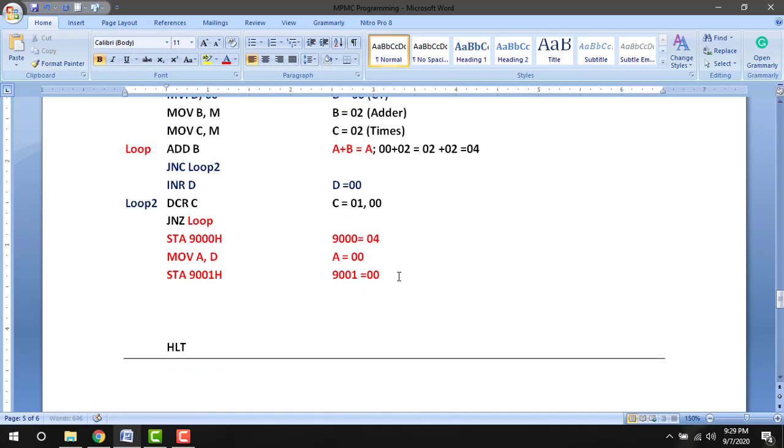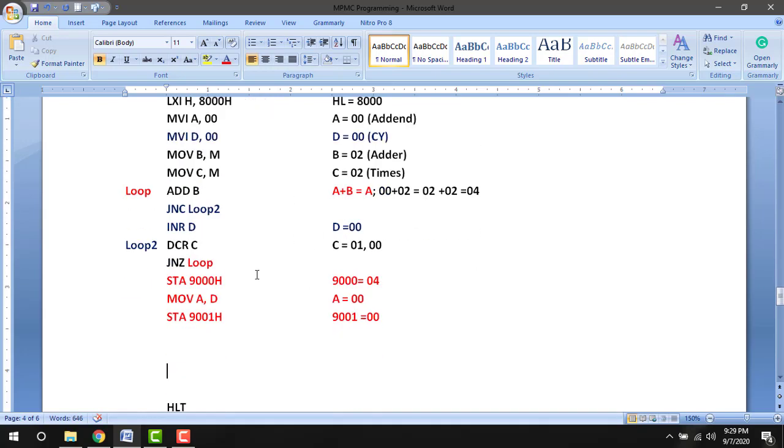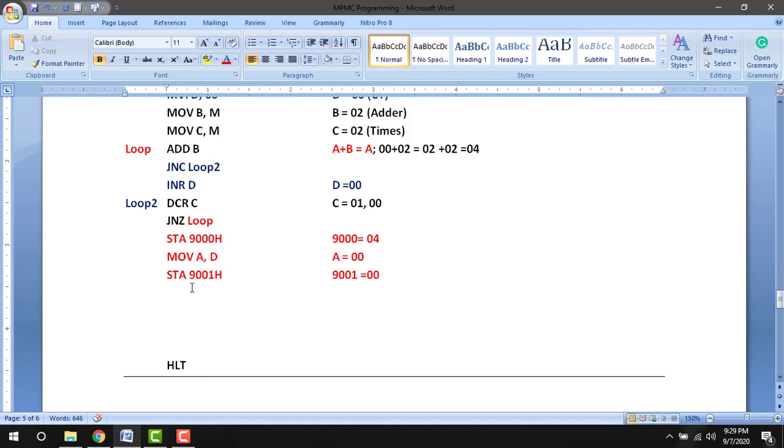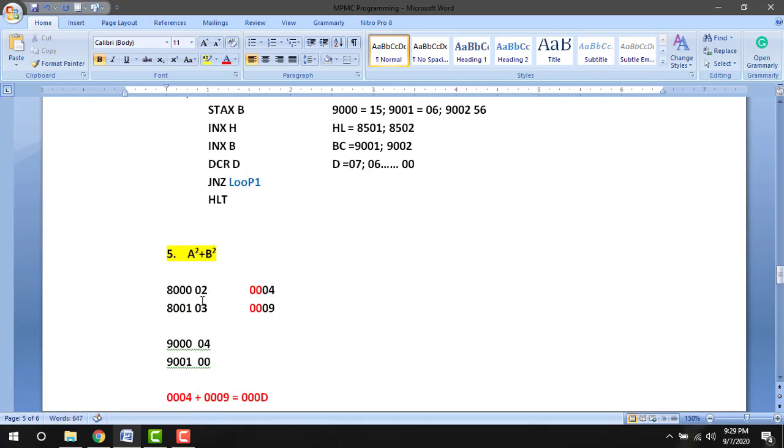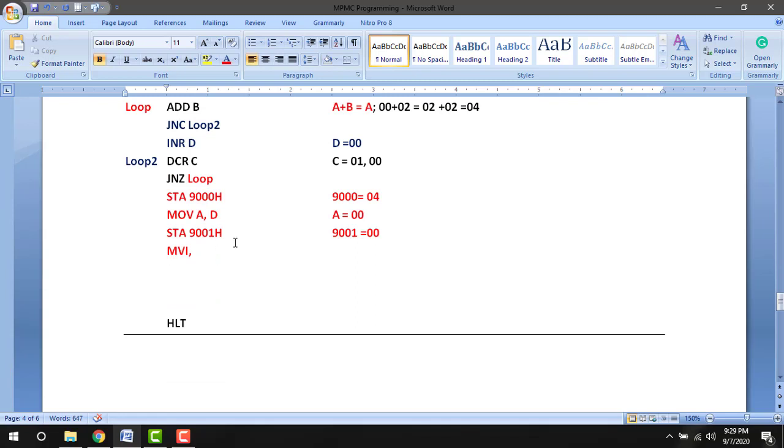Then second, the same thing you are going to do. Here accumulated data is not 00, so we are going to clear the accumulator, MVI A comma 00, because again we are going to square the second number. For square operation accumulated data should be 00.